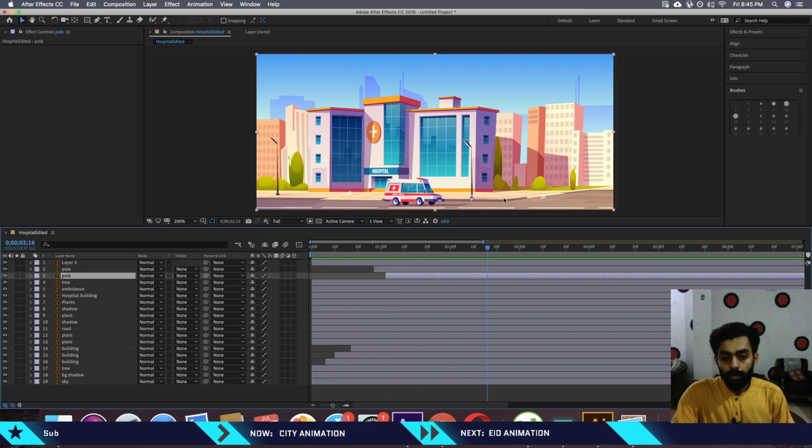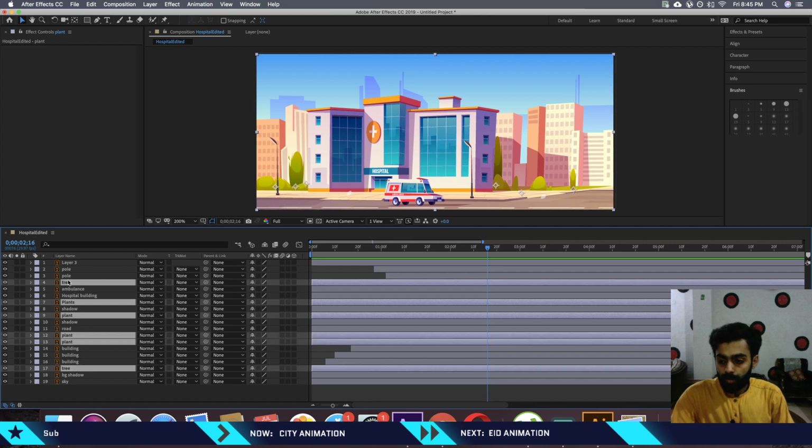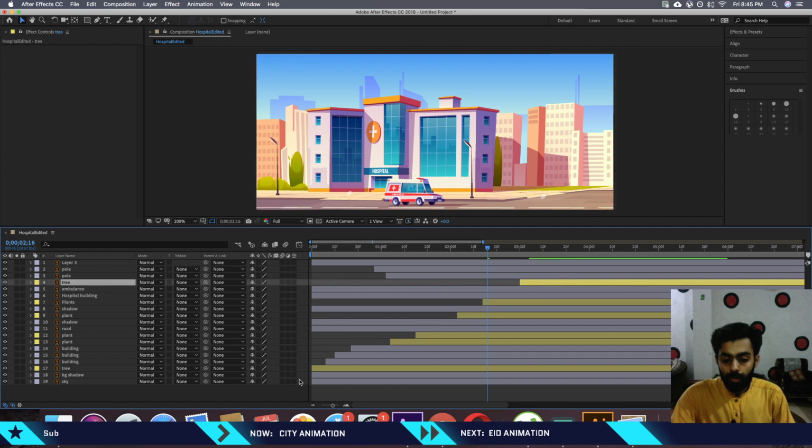Now you can do it for the trees as well, or plants. Let me select the plant layers. These are plant layers, this one is tree layer. And you can also change the color by right clicking on this box to something like yellow, so that you can understand that these are the tree layers that need to be made forward. You can make them forward by just clicking and dragging forward. And